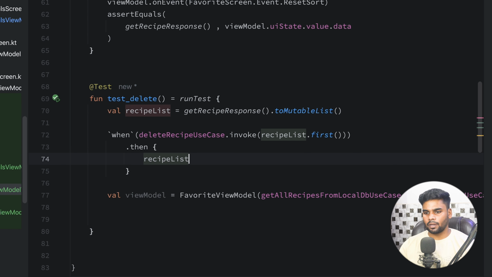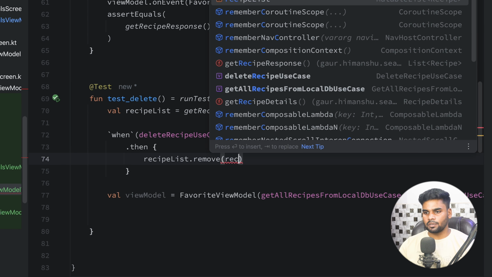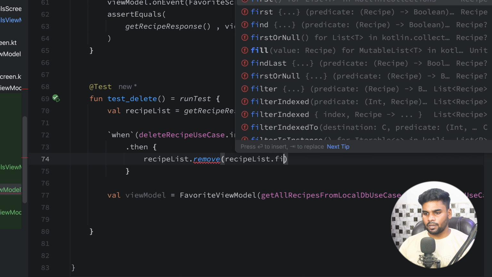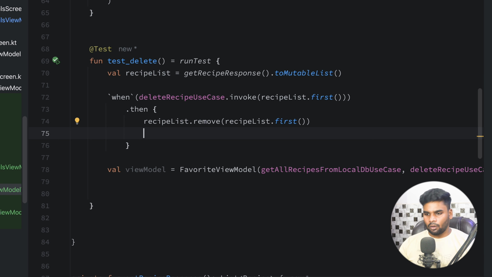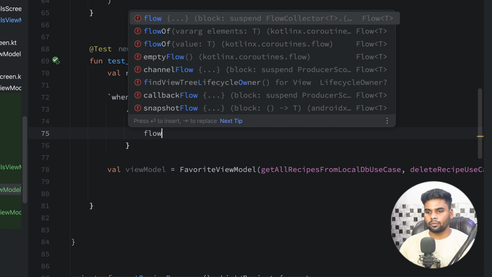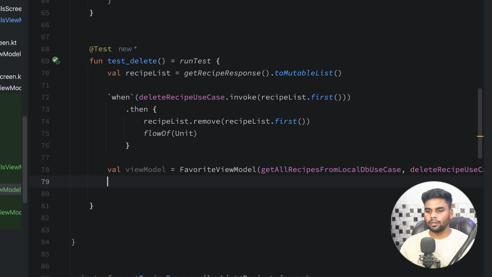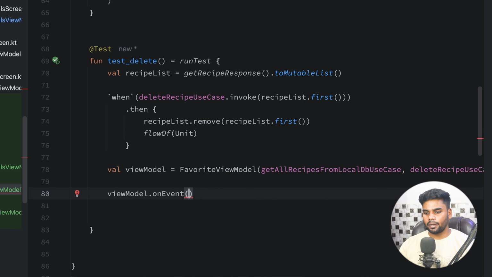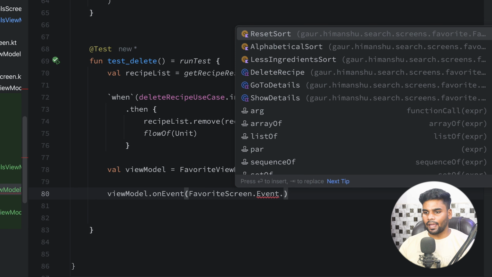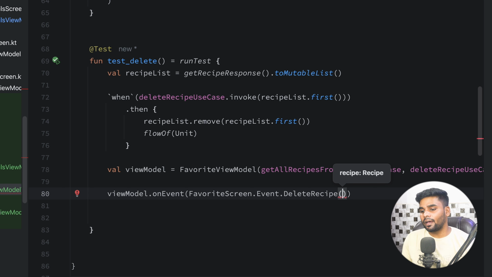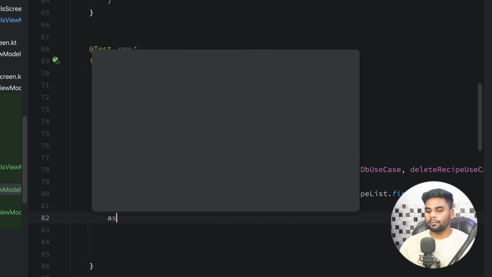So first thing first, I'm gonna use my recipe list and remove the first item. From the recipe list we are getting its first element, so it will ultimately be removed from my recipe list. All right, now I'm gonna return a cold flow of unit. So I'm gonna use view model on event, and within the event make sure this is coming from the favorite screen. So this event has delete recipe and the requirement is a recipe. Again, this recipe is the first element of our recipe list. So I'm gonna use recipe list dot first, and once it executes properly,